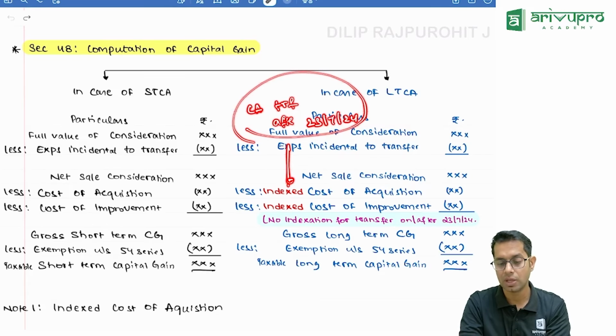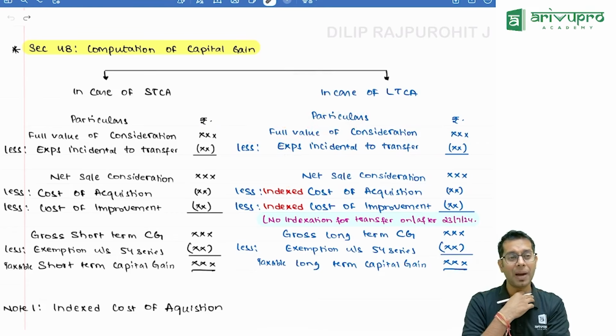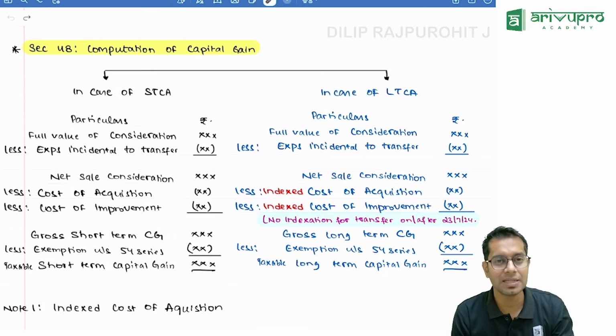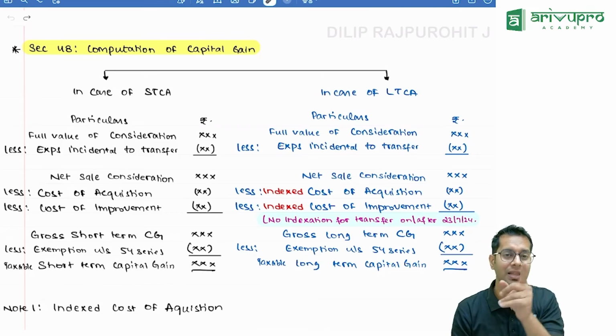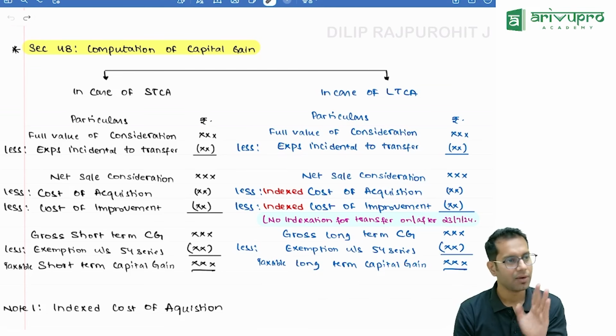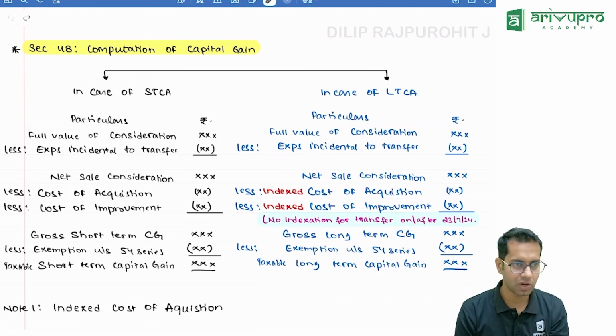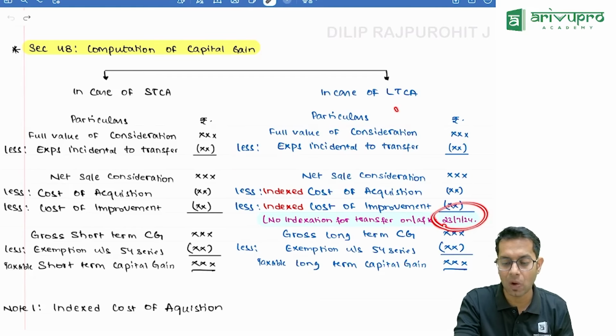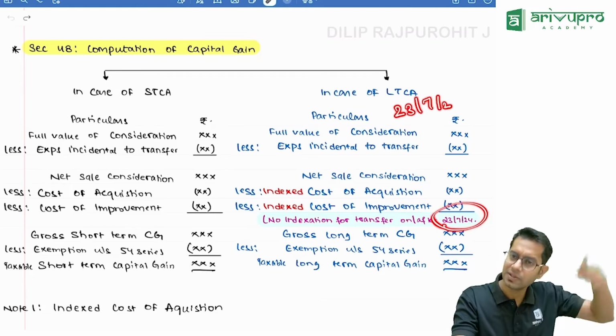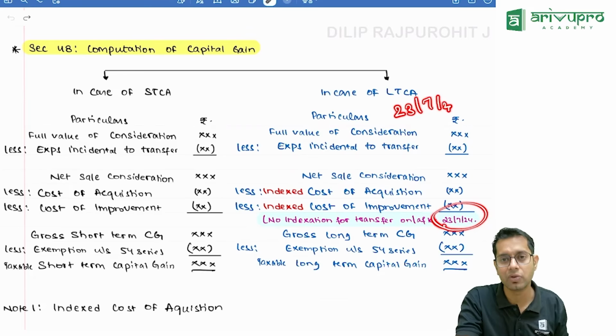Now please note, this is a very beautiful point, but this point will not be applicable for 5 cases. Normally, capital gain is taxable in which year? In the year in which transfer took place. But there are 5 cases which we studied where capital gain will be taxable in a year other than the year of transfer. For example, conversion of capital asset into stock in trade, compulsory acquisition of capital asset. For them, the transfer will always happen before this date. Can I say transfer will happen always before 23rd July only? Why? Transfer happened 10 years back, now they are paying money, 5 years back, now they are paying money.